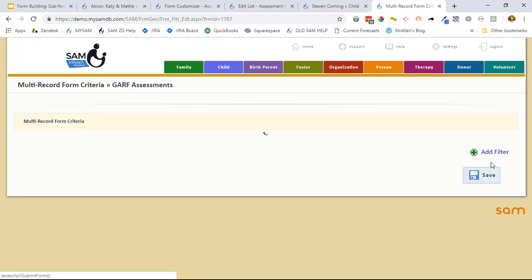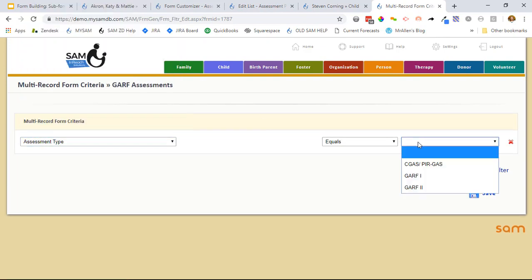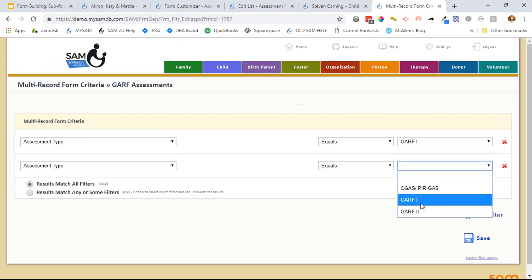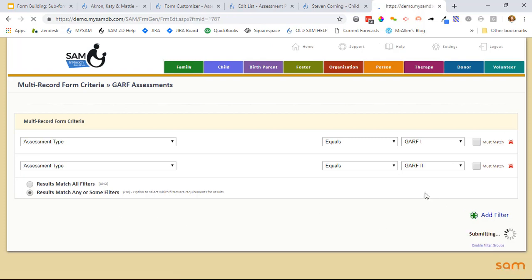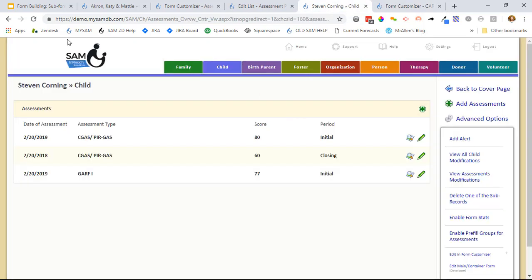So I'm going to add a filter for the assessment type equals GARF. I'm going to go ahead and say it's the assessment type equals also the GARF too, and I am going to set the results to match any of these. Press save. So now if I jump back to my child record, I'm going to refresh this screen,